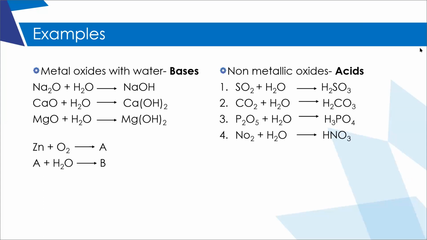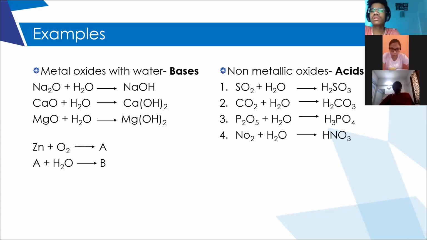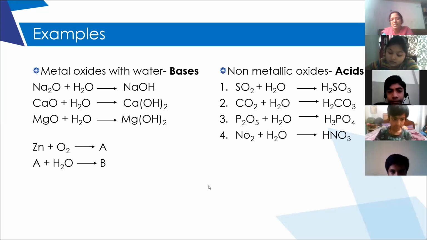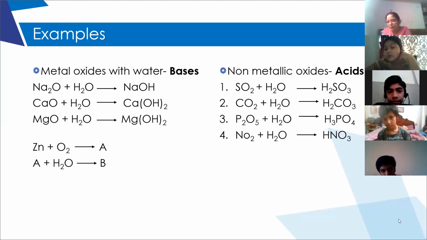Ma'am, I am getting Fe2O3 plus 3H2O gives 2Fe(OH)3. Yes. Don't get confused here. See, Fe2O3 you got. Fe2O3 is a metallic oxide. Metallic oxide with water, what do we get? A simple formula, you will get hydroxides. Right? So Fe3, valency is 3. Hydroxide valency is? What is hydroxide valency, Advait? -1. So what will be the formula of ferric hydroxide?